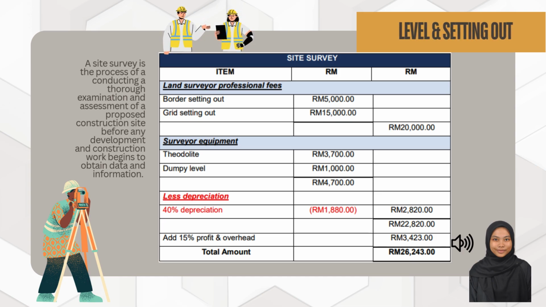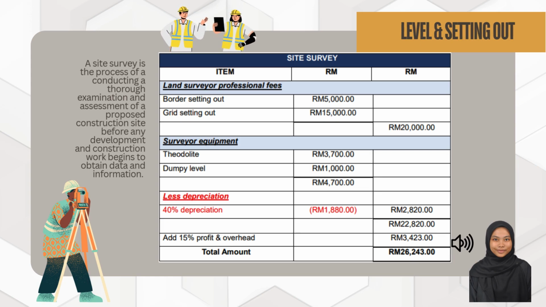Border setting out and grid setting out are part of the professional fees. As for the surveyor equipment, the cost of theodolite and dumpy level needs to be counted. After totaling up the cost of professional fees and surveyor equipment, the total amount needs to be deducted by 40% of depreciation. And finally, the profit and overhead is added at the rate of 15%. So, the total amount for site survey for this project is